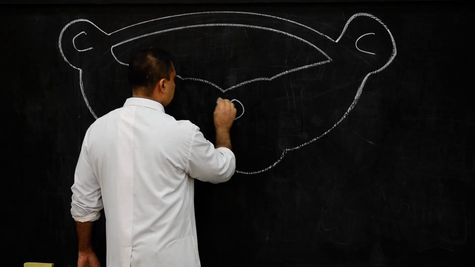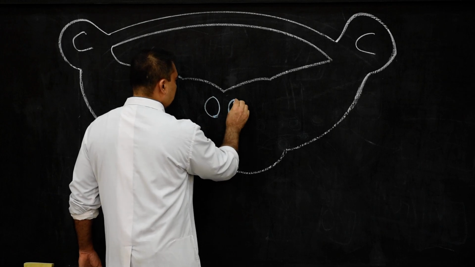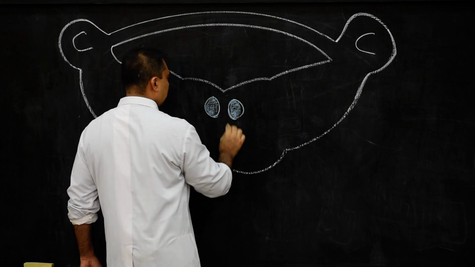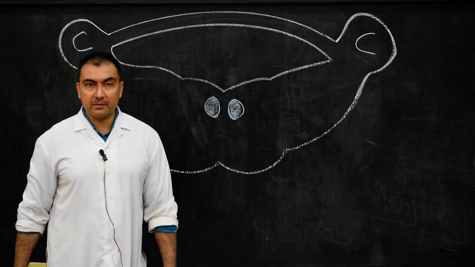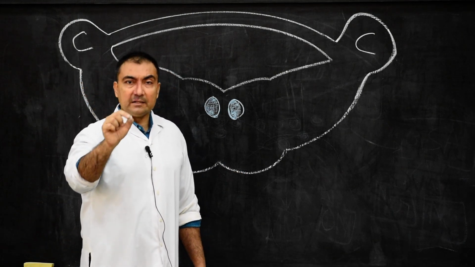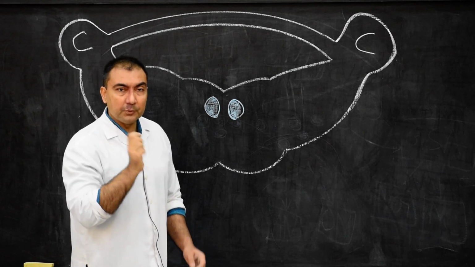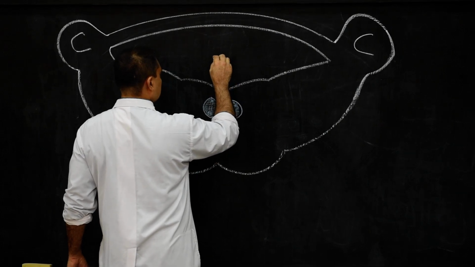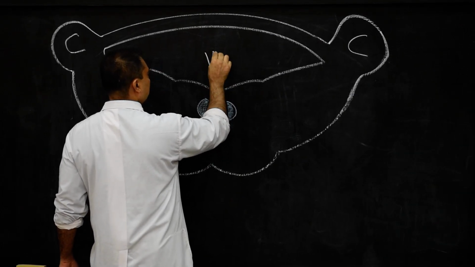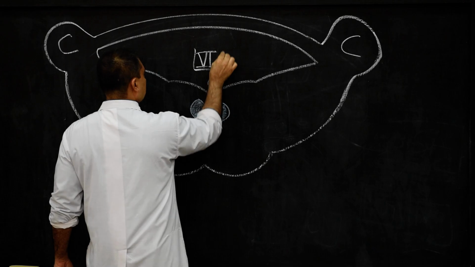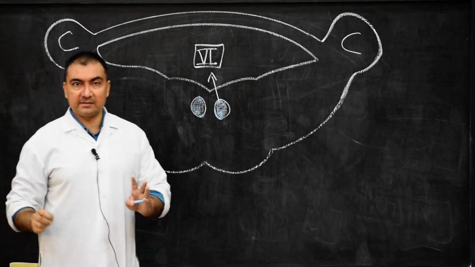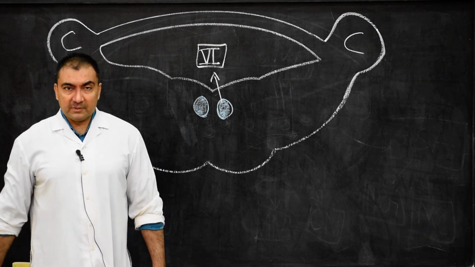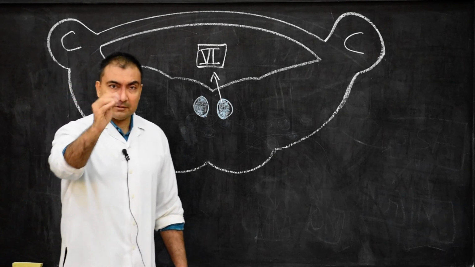Now in the somatic efferent column, there will be development of which cranial nerve nucleus? In the somatic efferent column, there will be development of the abducent nerve nucleus in the pons. So therefore here we will mark this as the abducent nerve nucleus, cranial nerve six. This will be the abducent nucleus, somatic efferent. It will supply the extraocular muscle, that is, the lateral rectus muscle of the eyeball.